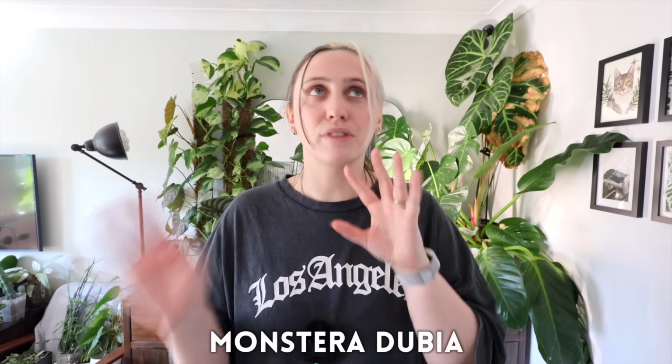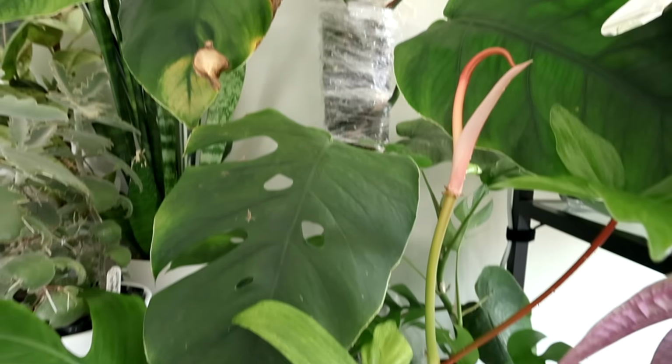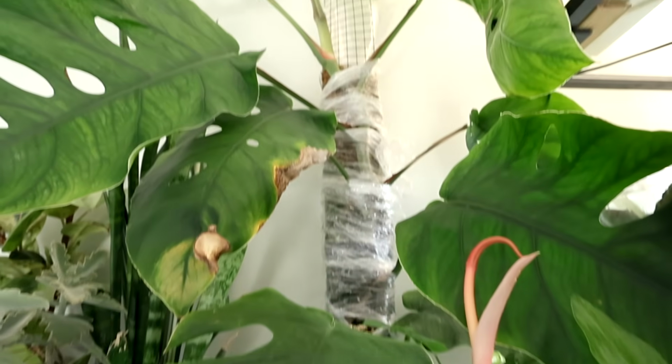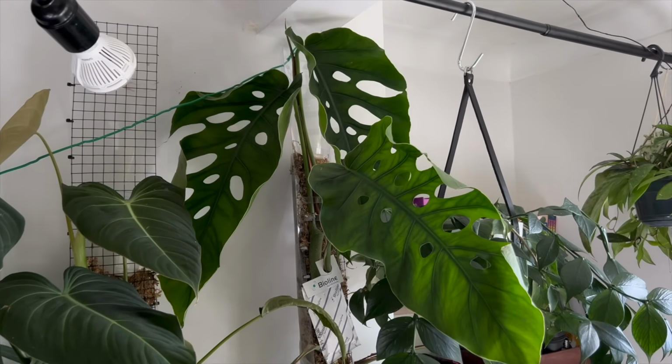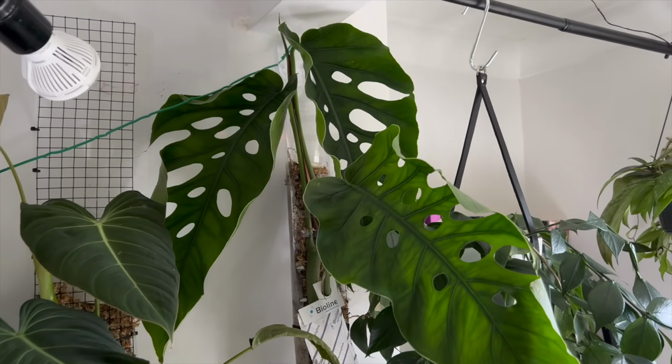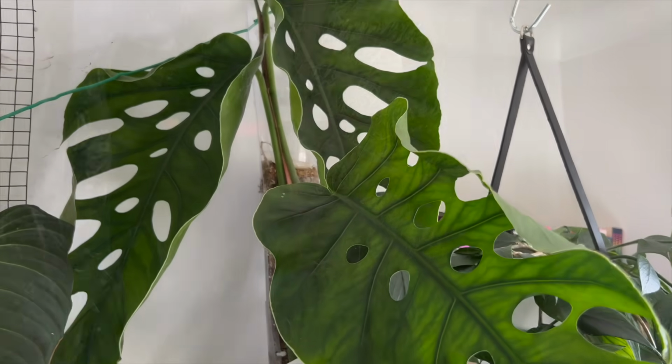And the next one I picked was the Monstera dubia. I do quite like this one because you can grow it in 2 different ways. In its juvenile form where it grows shingling and with more silvery splotches on it, that's quite fun. But the one I have right now is a mature form of the dubia where it's stopped shingling and it started to fenestrate and it's lost its silveriness. But oh my goodness, I love watching the dubia grow so much, and it grows so incredibly fast,